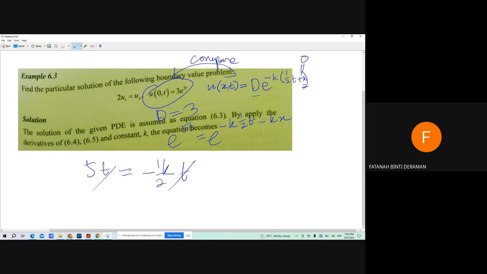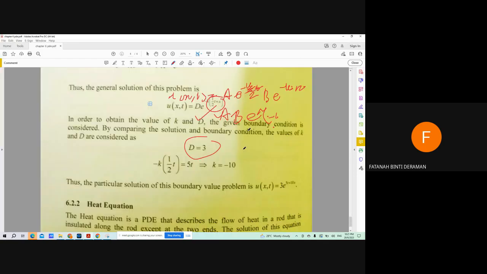So K will be negative 2 times 5. Just because we want to compare what is the value of K, we will get negative 10. So once you get negative 10,